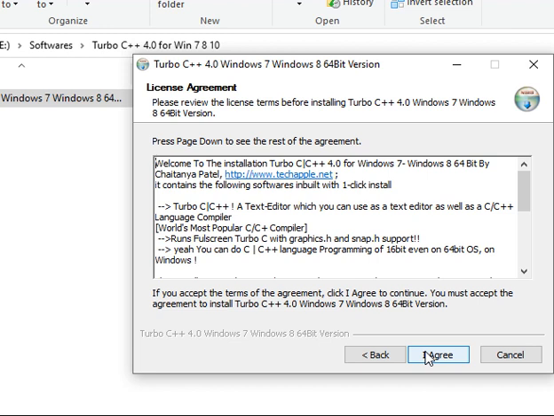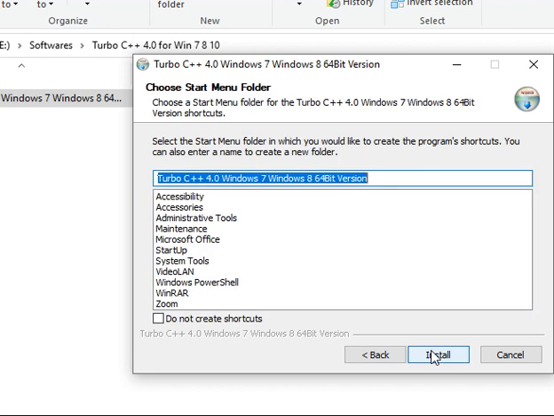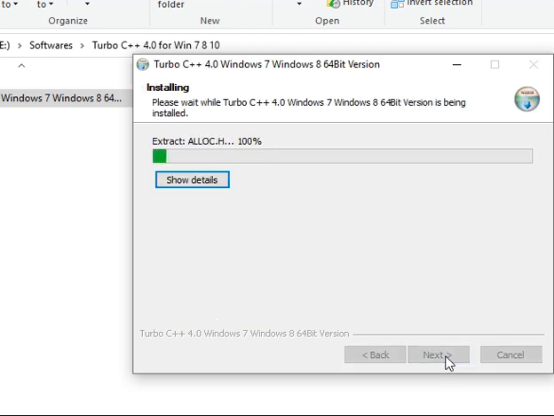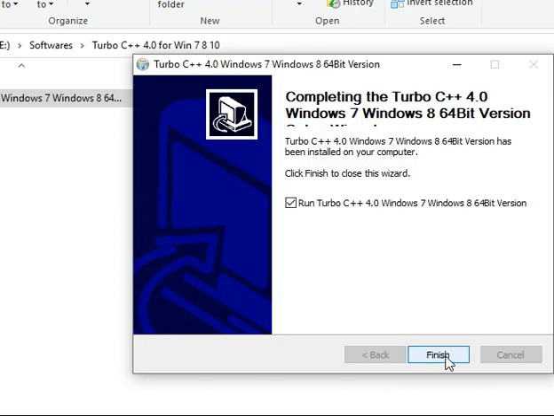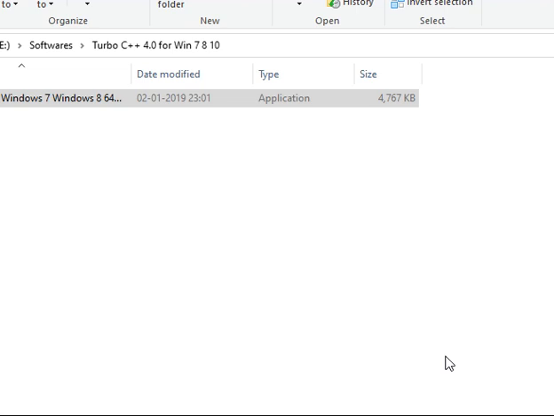Click on next. Click on the agree button. Click on install. It will install Turbo C++ in your computer. Click on finish. This is the procedure to install Turbo C++.